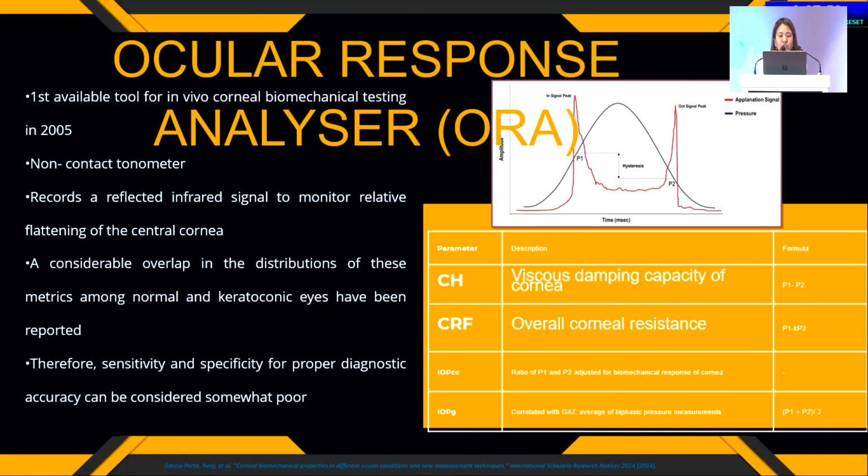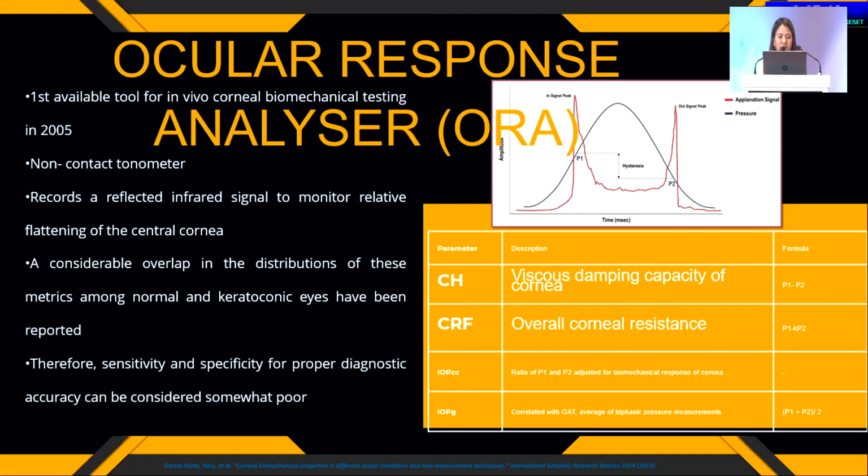So Aura was the first tool, as I described, first introduced in 2005. It takes into account the overlap between the first applanation, because there's a collimator and a puff of air directed towards the cornea, and it measures the applanation. After applanation, there's indentation of the cornea, and then once it comes back to the normal shape, there's a second applanation. The difference between the first applanation pressure and the second applanation pressure is the measure of the hysteresis of